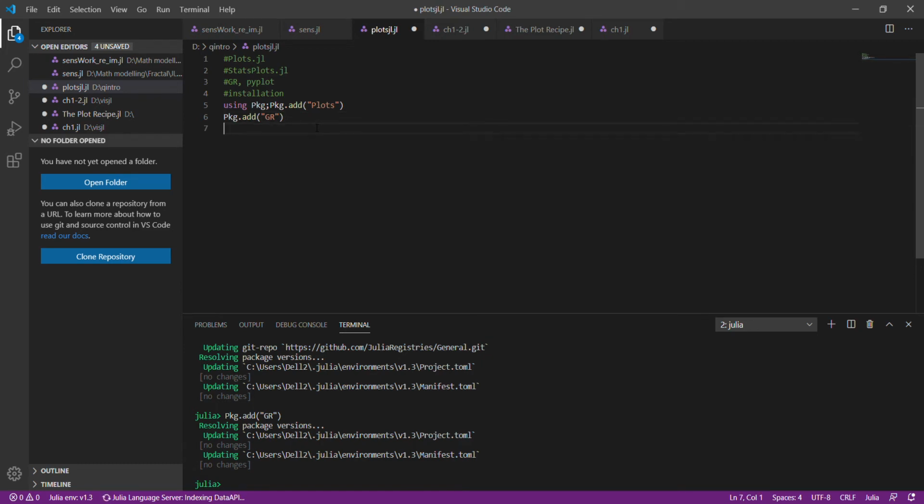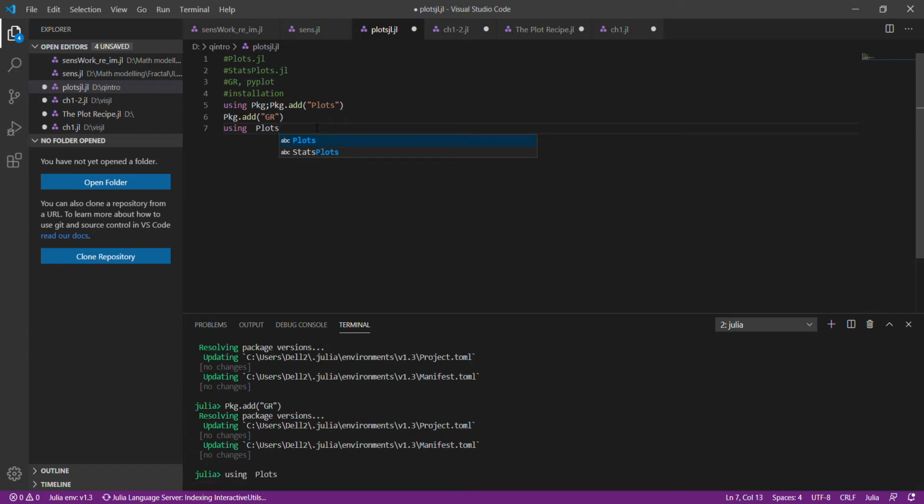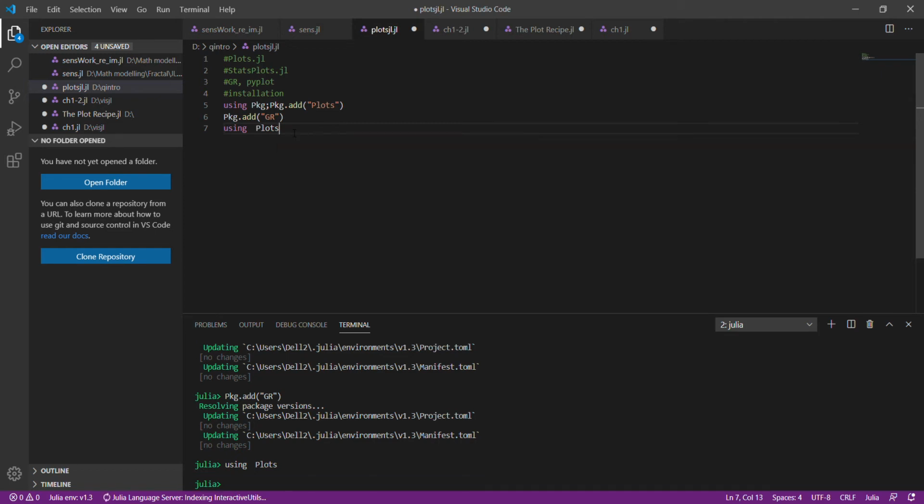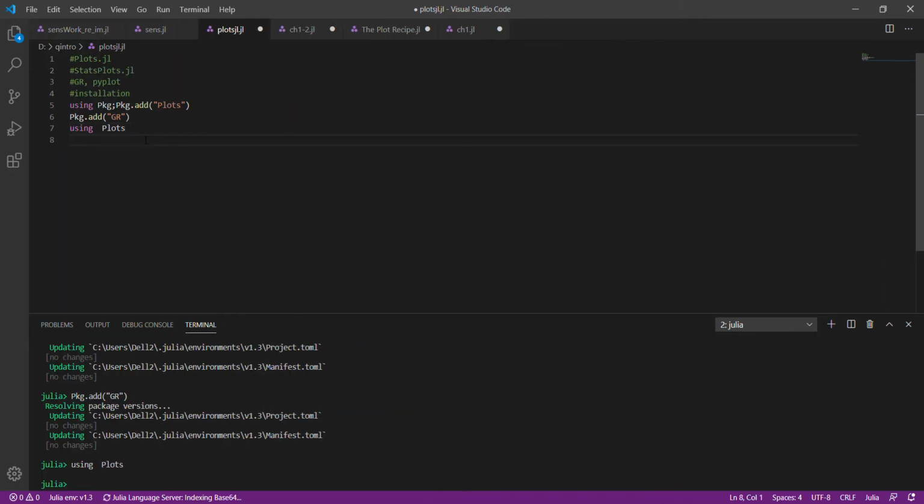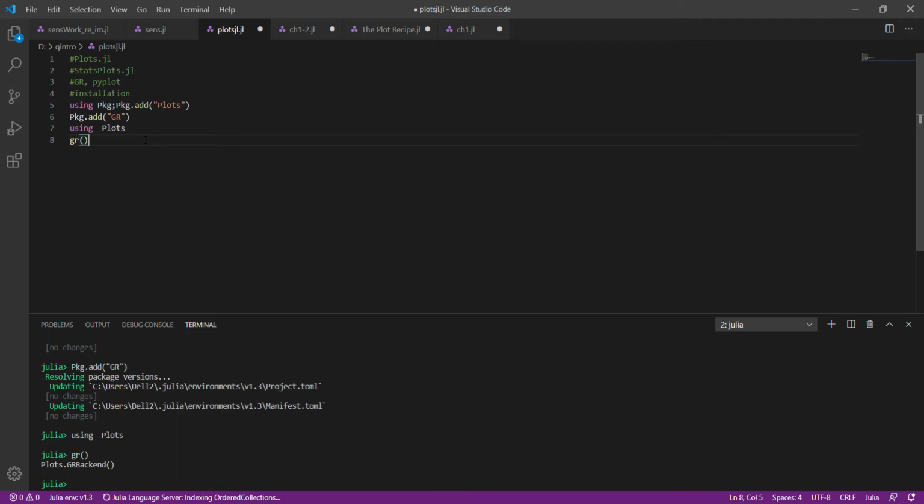So to start using the package, we can start by using Plots, and I could specify the backend that I'm using. For this video I'm using GR, because in my opinion this is so far the most stable and efficient backend for Plots. So we can start by trying to make a scatter plot